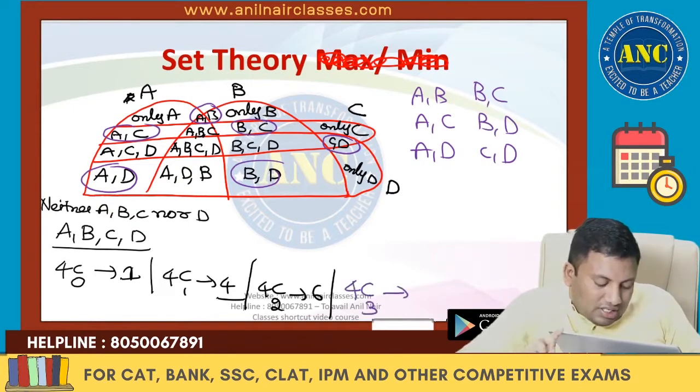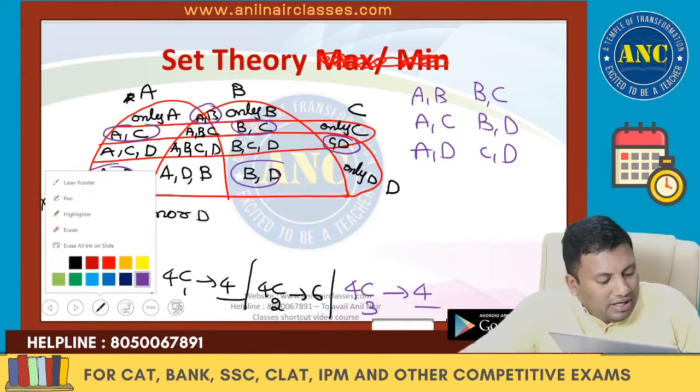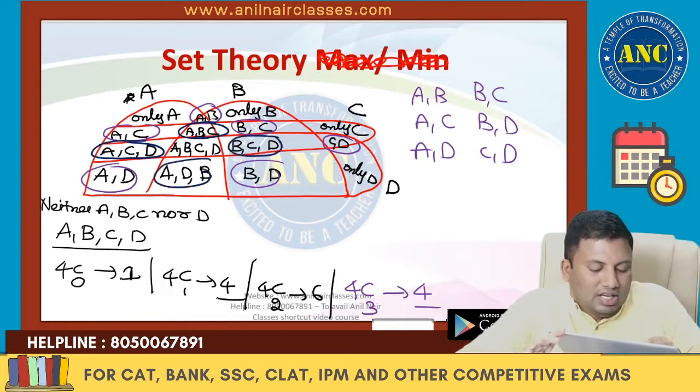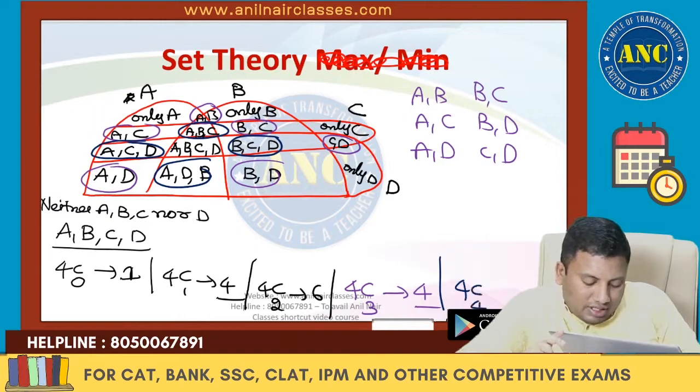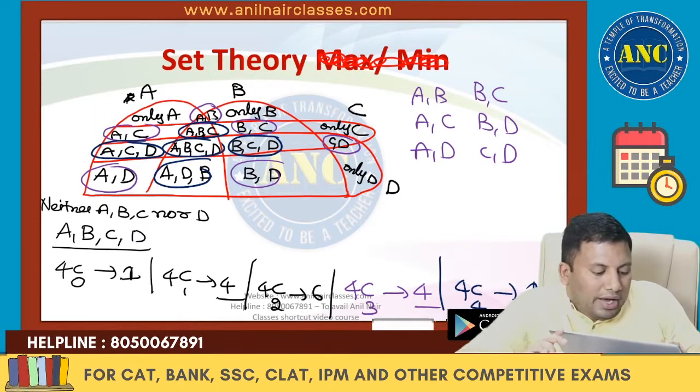4C3, which is nothing but 4. For 3 sets I should get 4. Let us see whether there are 4. Easily, when you are drawing the diagram you will understand. This is 1, this is 2, this is 3, this is 4. That also we got. 4C4 is nothing but 1. There is one region which contains all 4. I hope the 4 sets diagram is